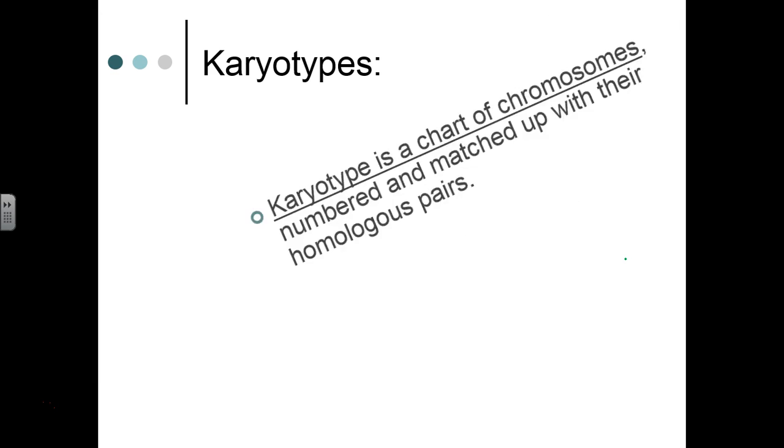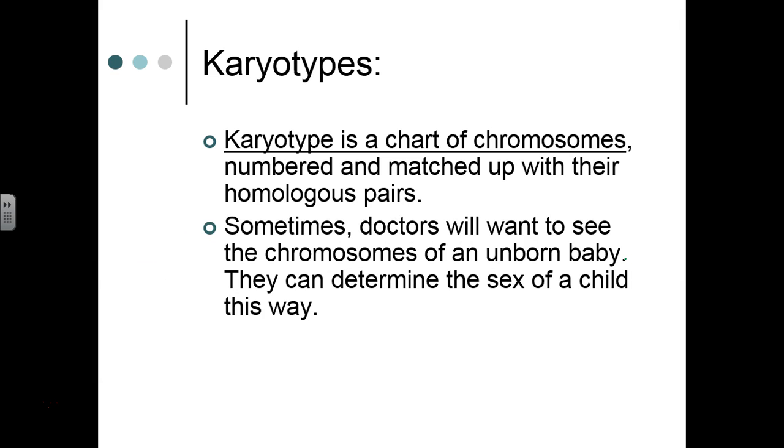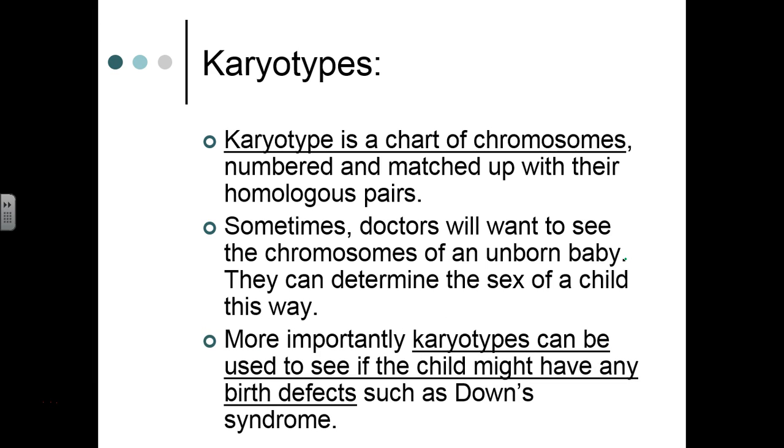All right? So karyotypes, moving on from these chromosome structures. A karyotype is a chart of chromosomes. They're numbered and matched up with their homologous pairs. We've looked at them, but we haven't really studied them all that much. Sometimes doctors will want to see the chromosomes of an unborn baby. They can determine the biological sex of the child this way. And more importantly, karyotypes can be used to see if the child might have any birth defects, such as